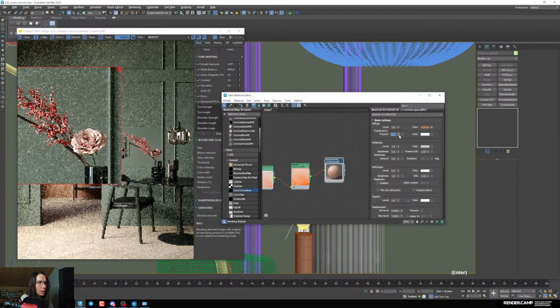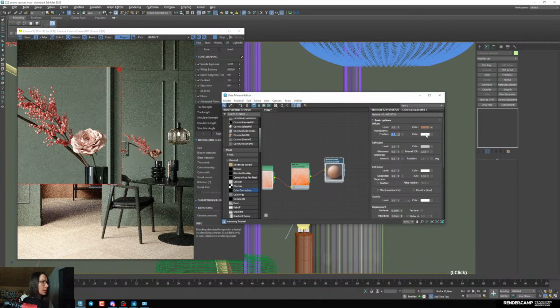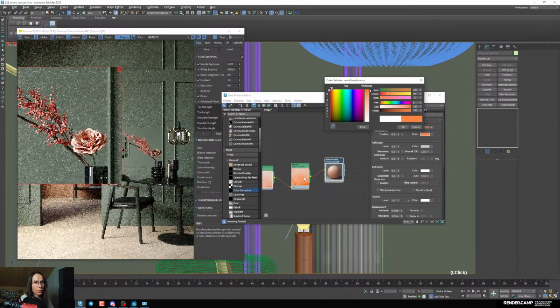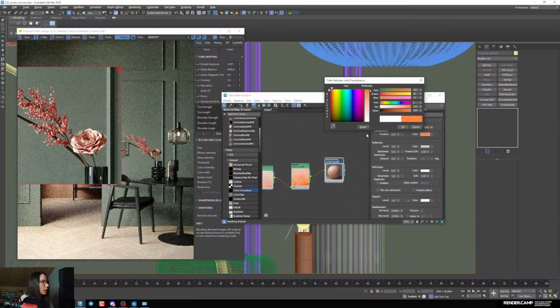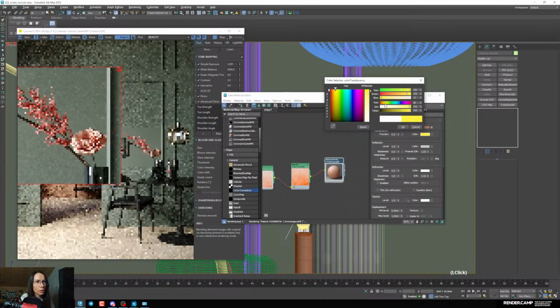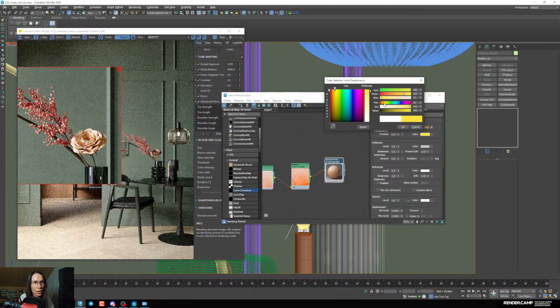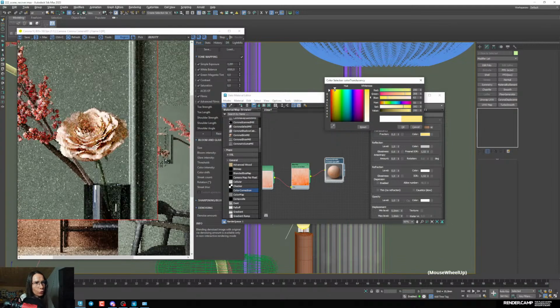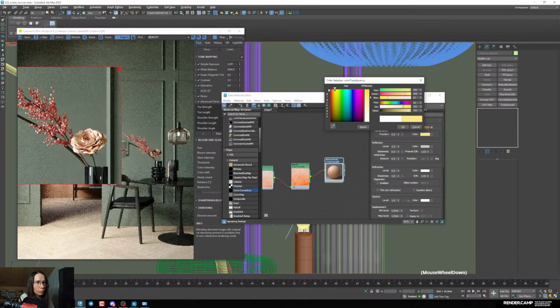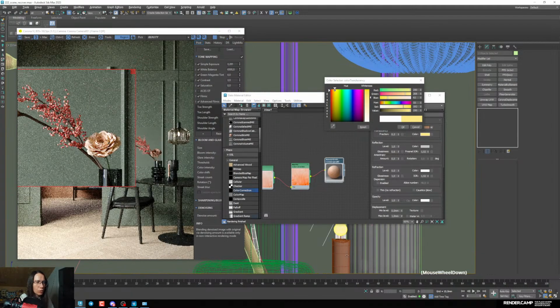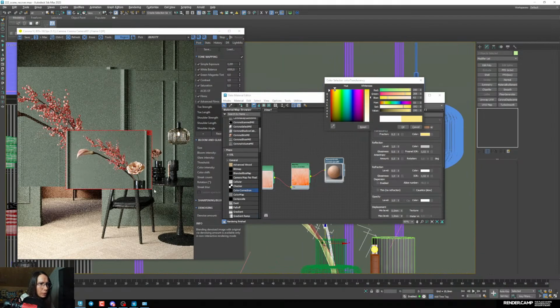Maybe less. But we can set some color here. So I can select, for example, from here. And also, if you want different color in your roses, because there can be like inside some yellow, outside can be some pink, there are different kinds of roses, so you can customize something similar. So I can set something yellow inside, for example. Well, how strong and colorful, it depends on you. Let me see all the objects, so it will complement, but